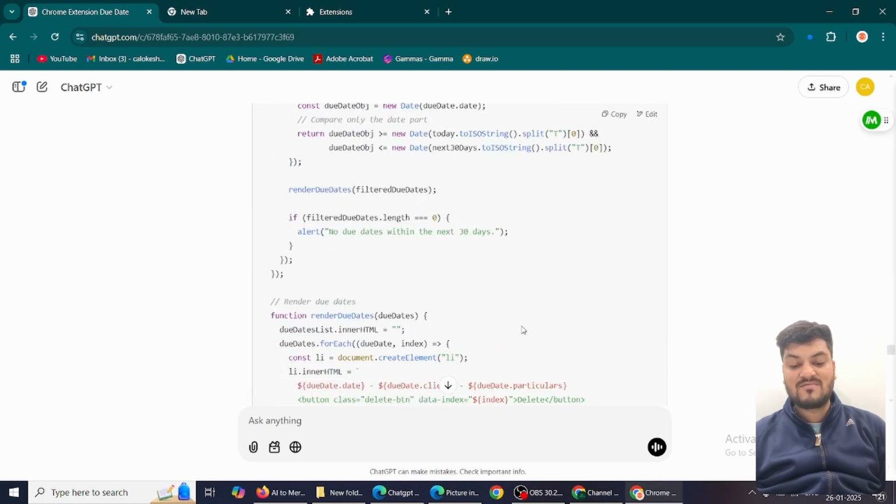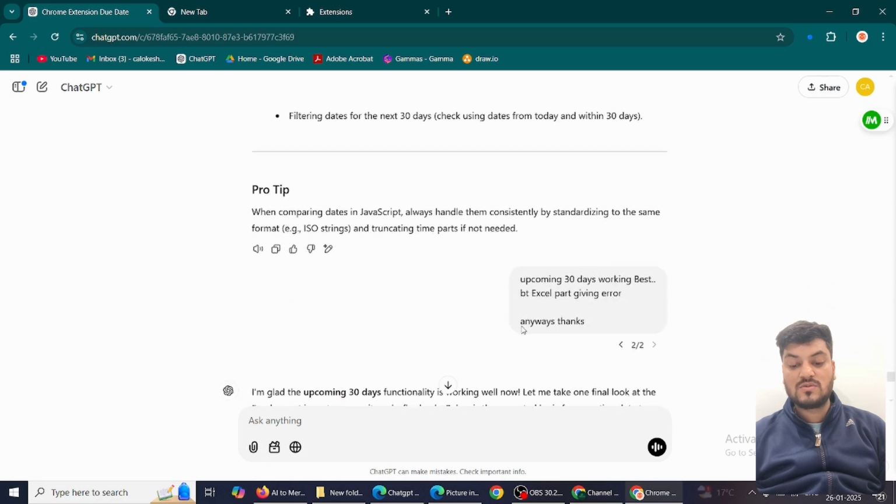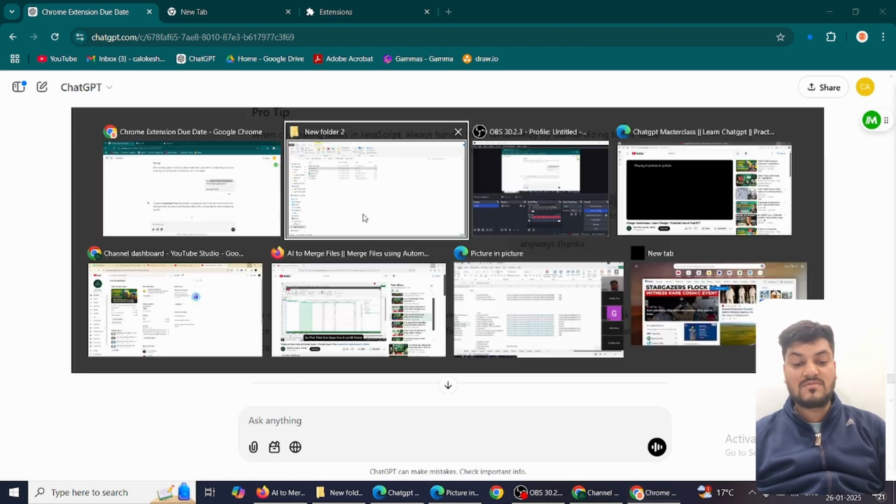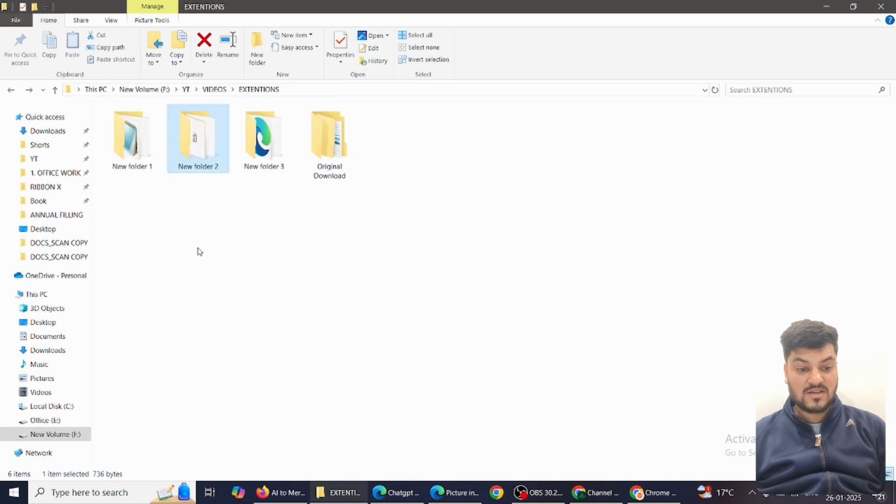Again it has given me some files. Not an issue. Upcoming 30 days working best, but Excel part giving error. Anyways, thanks. So I realized that export to Excel is not working because of many things, but upcoming 30 days was working best. Okay, so the third thing that it gave us, let's go to the third thing